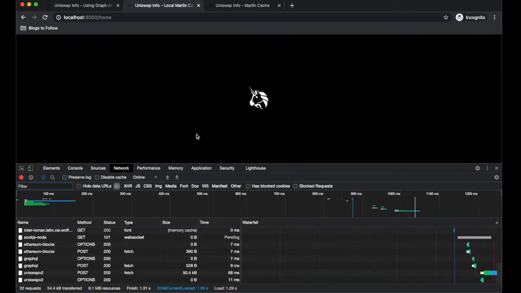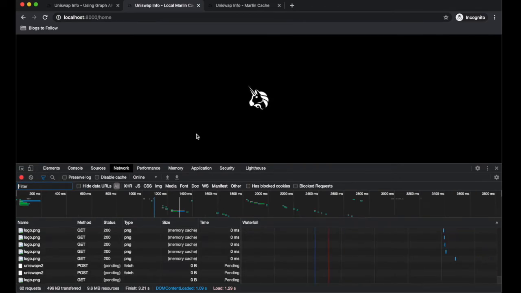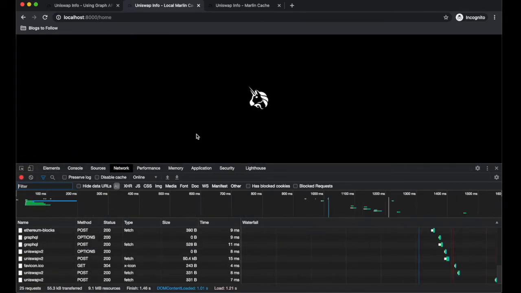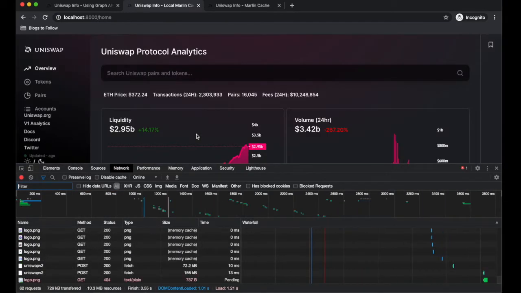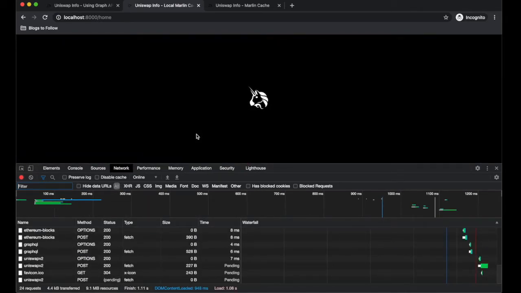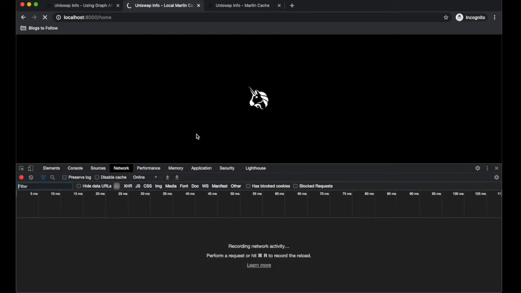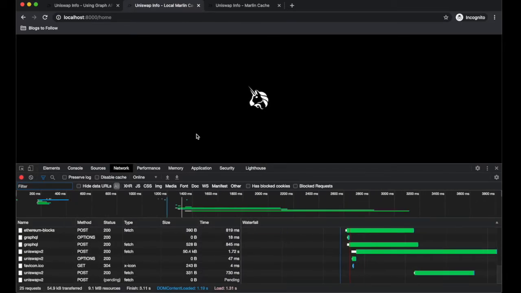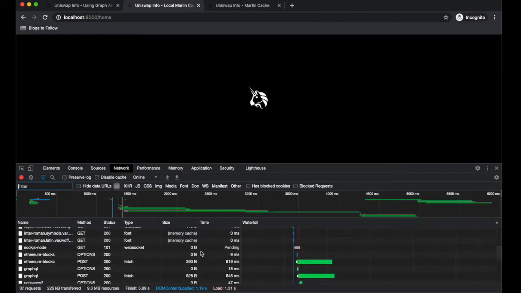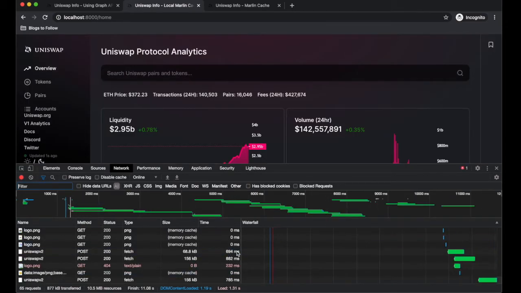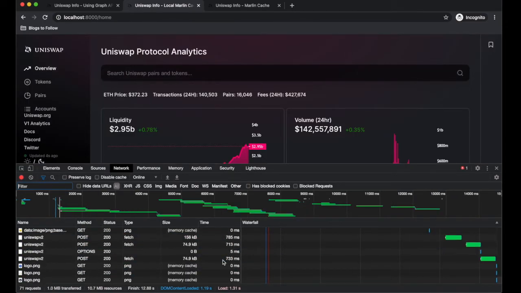It's probably because the block has also changed between the reloads. But if the block is the same, like if we are querying at the same block and a new block is not produced in Ethereum, the query times will be much faster, because we don't need to get the data again from the Graph servers, and we can load it right away from the local cache. As you can see, some of the queries are still taking longer because the cache is being updated, and it takes time when that happens.